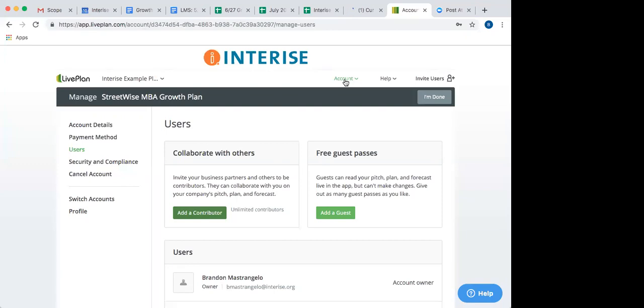Okay. And the only other thing to add in terms of getting started with this is that there are a couple different ways that we can get information into this template. For half of this pilot group, we'll be able to take your growth plan and populate the LivePlan template with the information that's currently in your growth plan. And for half of you, we're going to ask you to enter the information manually into the LivePlan software.